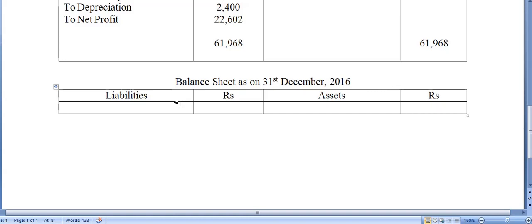Now, what are liabilities, what are assets? You can see that a few items are left unmarked. These items are not marked: capital, cash, cash at bank, drawings, freehold premises, fixtures and fittings. These items are not highlighted. So what to do with them? Just have a look at the question. Capital,